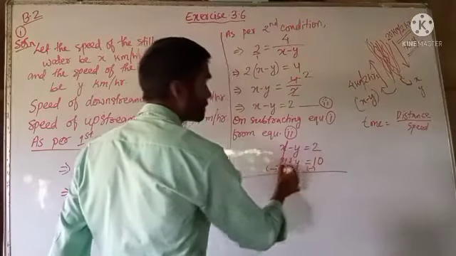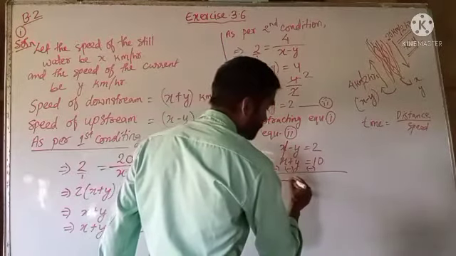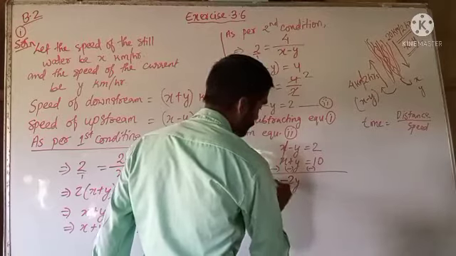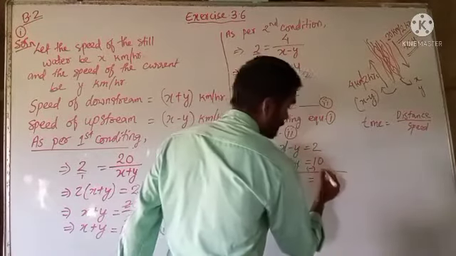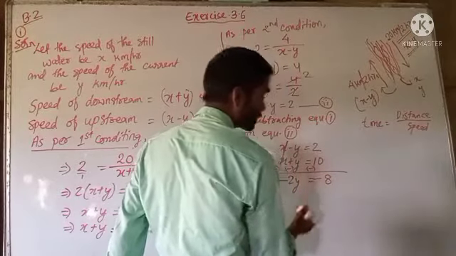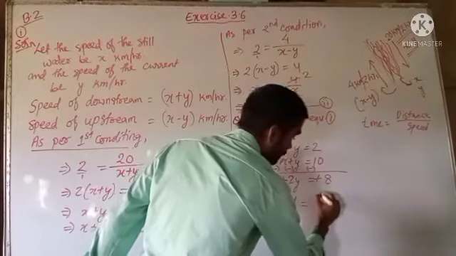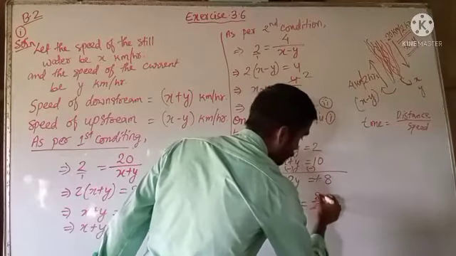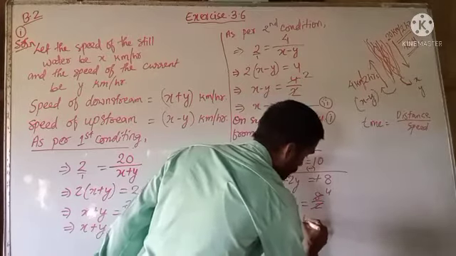Now plus x and minus x we can cancel. Minus y minus y, we will get here minus 2y. 2 minus 10 we will get here 8, and the sign of the greater integer is minus, minus we will write here. Minus and minus we can cancel. So y is equal to 8 by 2. 2, 4 times is 8. So y we got here, it is equal to 4.